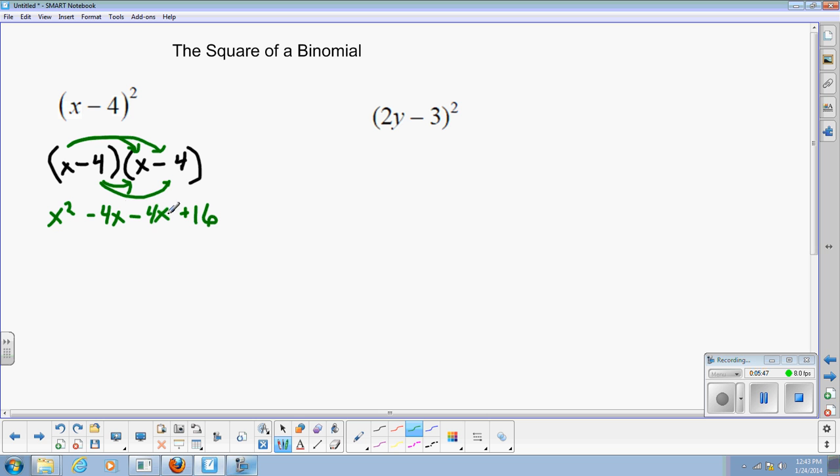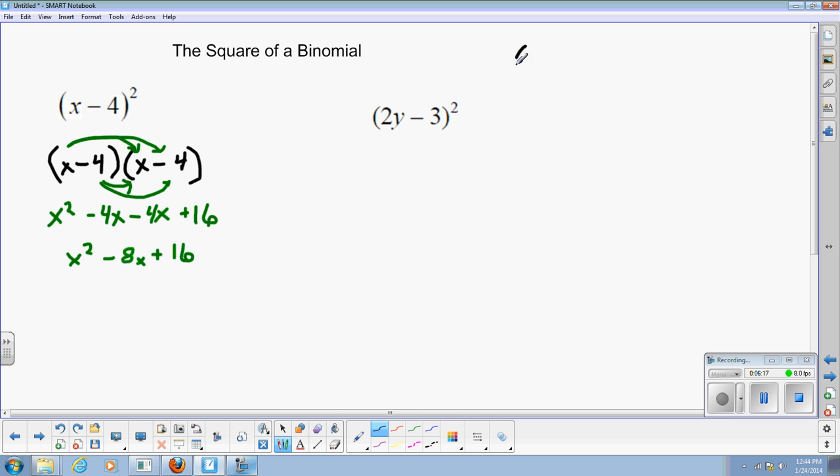So now I simplify the middle. I say x squared minus 8x plus 16. So what pattern does this follow? Well, it's very similar to when it has a plus sign in the middle. The difference being in my middle term, instead of it being a plus, it's now a minus. So if you were to look again in the textbook, it would be another one inside a purple bubble